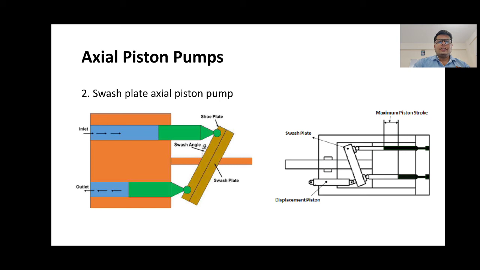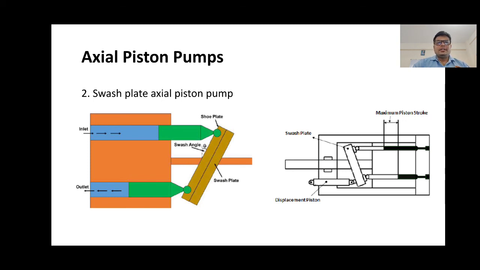The axial reciprocating motion of the piston is obtained by a swash plate that is either fixed or has a variable degree of angle. That angle is the swash angle. As the piston barrel assembly rotates, the piston rotates around the shaft with the piston shoe in contact with the swash plate. The piston shoes follow the angled surface of the swash plate, and the rotational motion of the shaft is converted into the reciprocating motion of the piston. This reciprocating motion results in the drawing in and pumping out of the fluid.